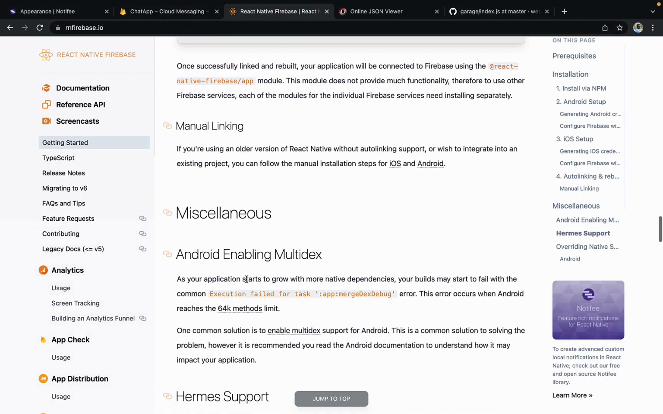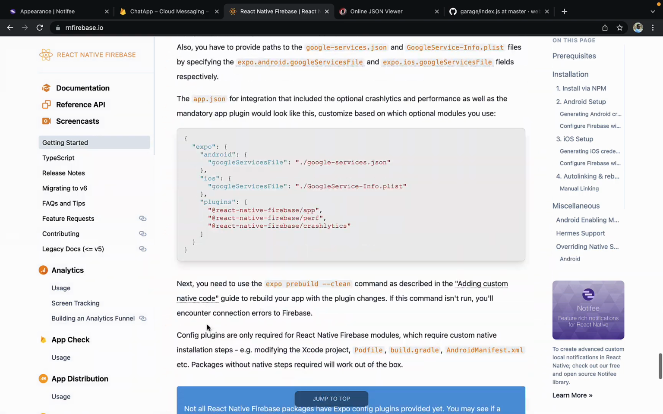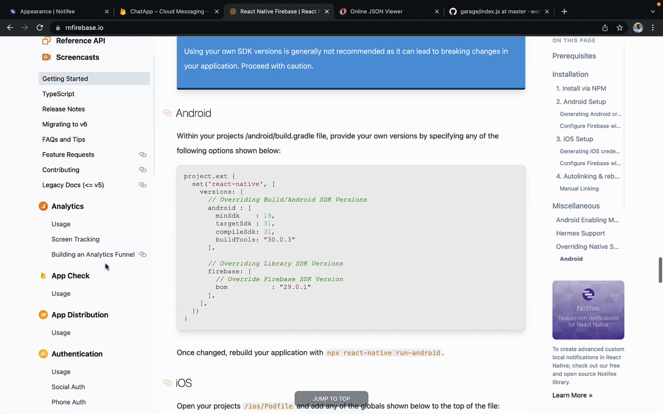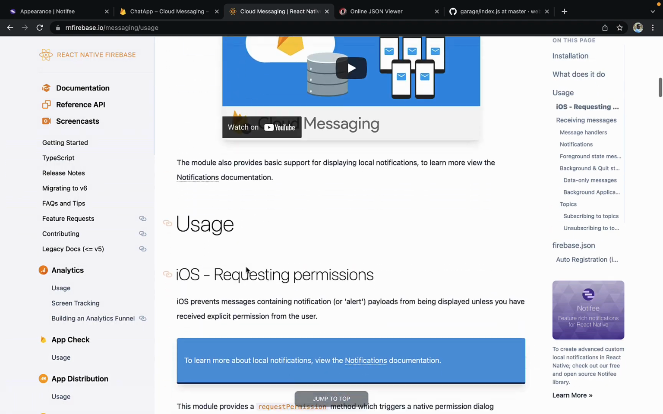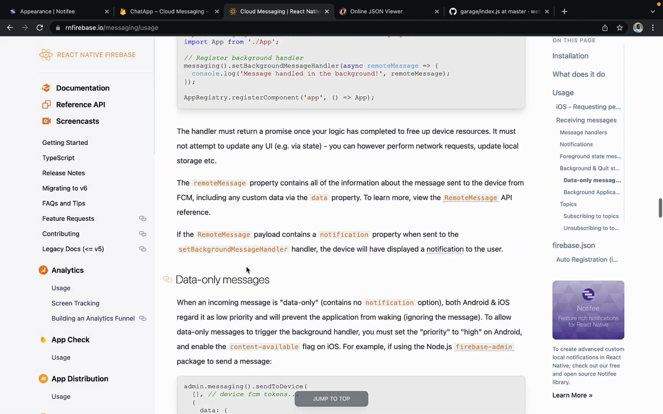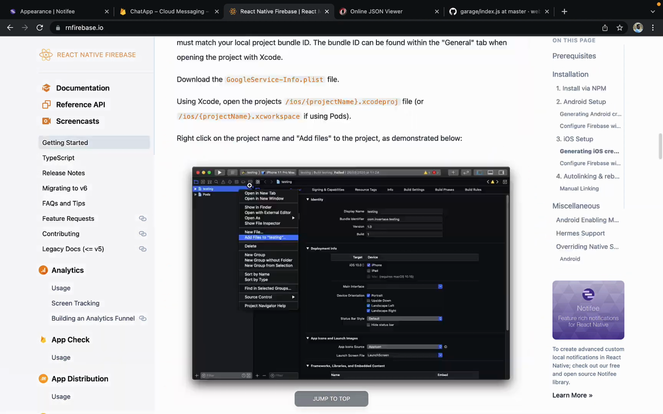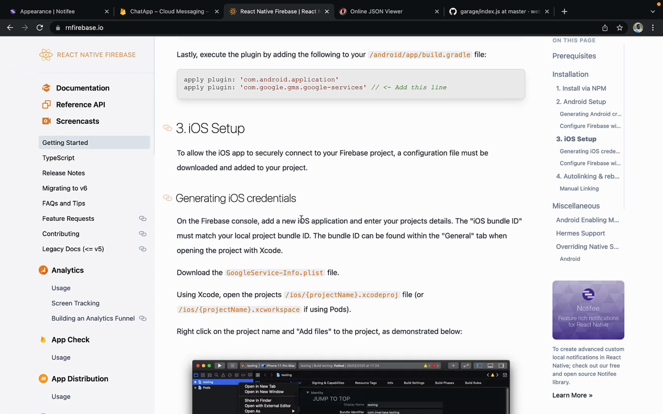And for the iOS portion, let me show you the iOS. What we need to do for the iOS. Okay, for the iOS setup, you need to